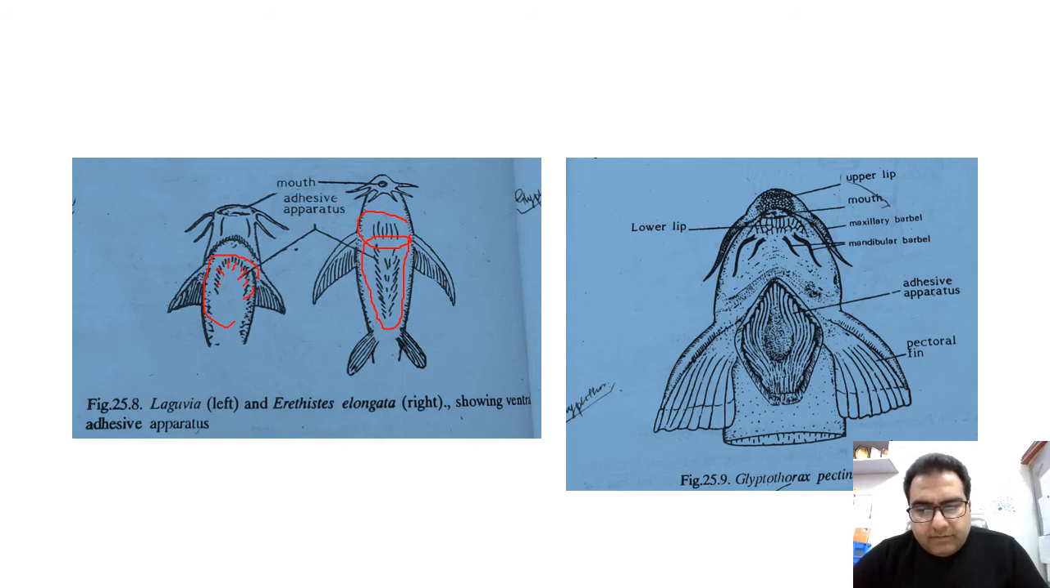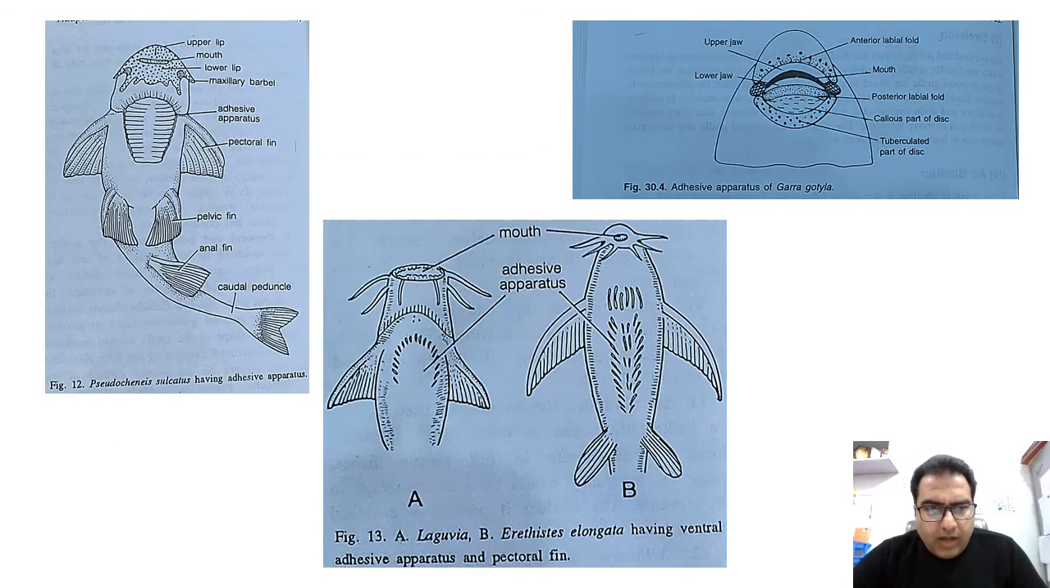But in the case of Erethistis elongata, there are well-developed striations as well. In the case of Glyptosternum as well, we have the chest divided into the adhesive apparatus. But in the case of Glyptothorax and Pseudecheneis, we have talked about that on the